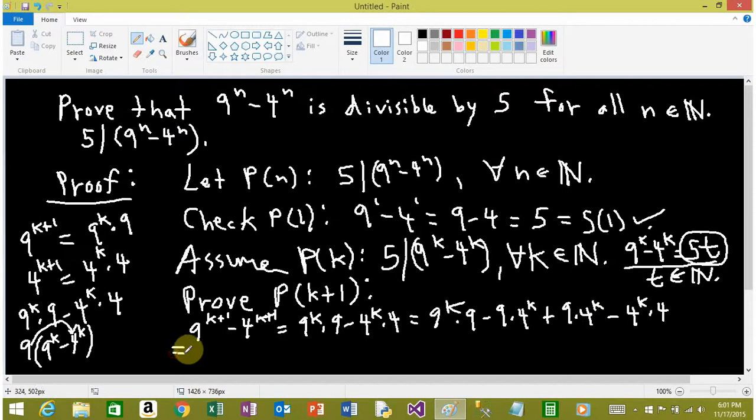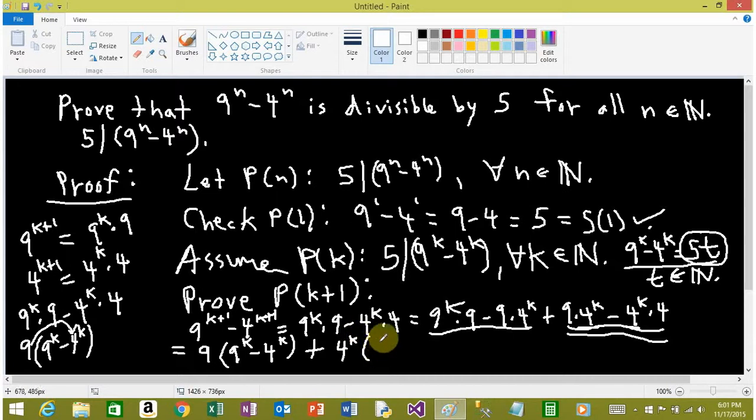So when we do that, we group these two together, and then group those two together. And so we're going to factor out a 9 here, so that's going to be 9 times 9 to the k minus 4 to the k. And then plus, we have a 4 to the k here, so we're going to factor out 4 to the k, and that's going to be 9 minus 4. So that's the same thing as 9 to the k minus 4 to the k. We assume that was 5t because that quantity is divisible by 5. So we have 9 times 5t